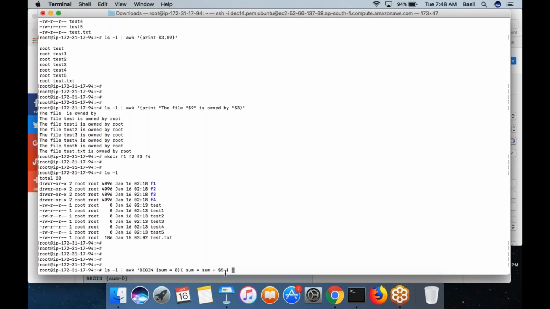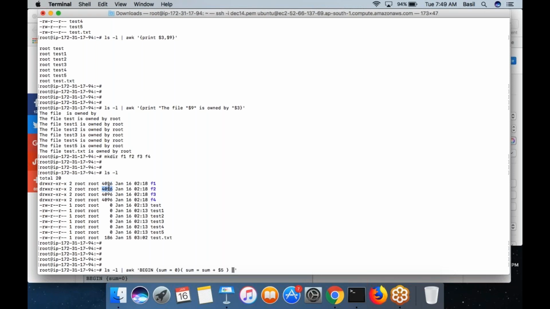As you can see, this is a command that is going to get executed for each record. There are multiple records. For each record, this command is going to be executed. So first, sum is equal to sum plus $5 means the value 0 would be added to this. Then again, it would repeat for the next record.